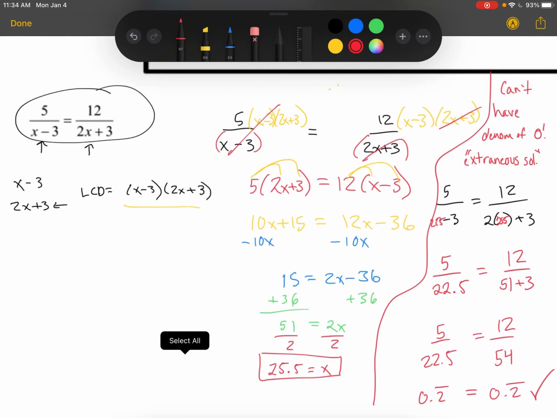So checking your answers is actually not optional. It's not like, oh, just to be sure, I want to get some extra points here. No, you actually lose points if you do not check your answers. So after we solve and get that final answer, we have to plug it back in and make sure that we do not have any extraneous solutions. A second thing to note here,